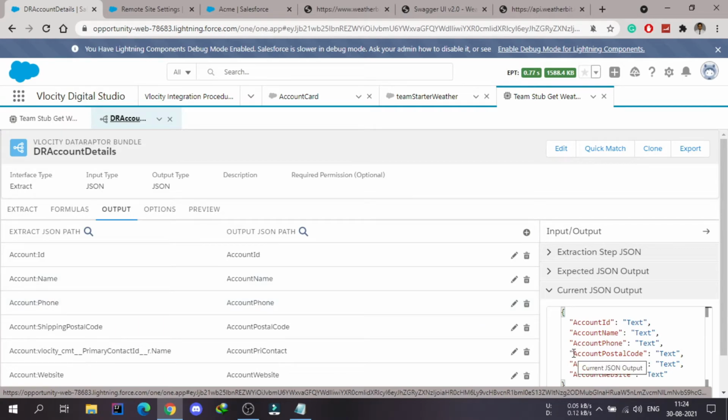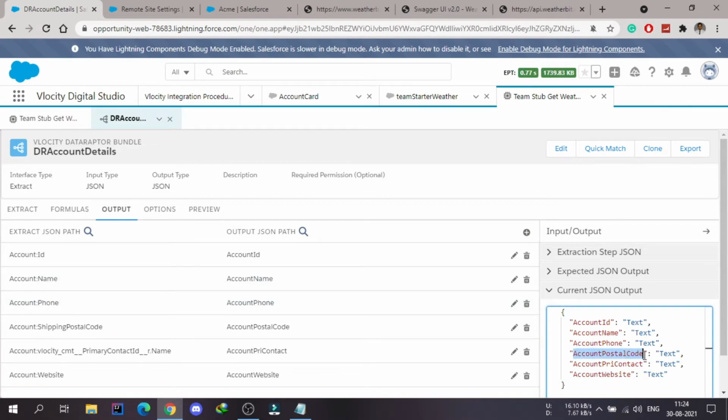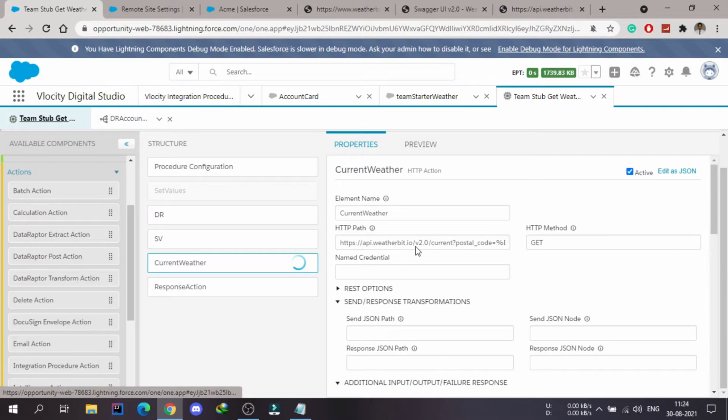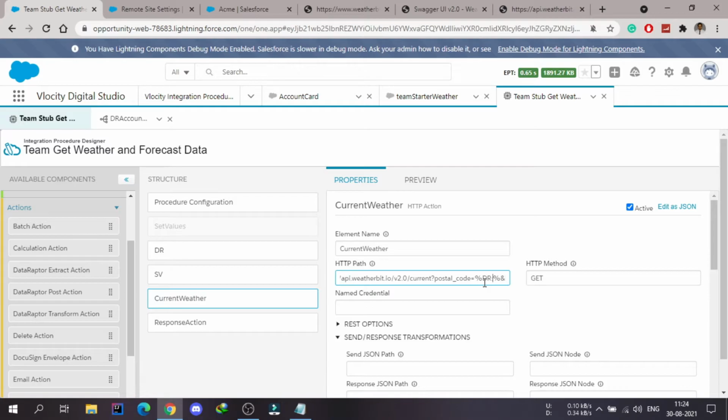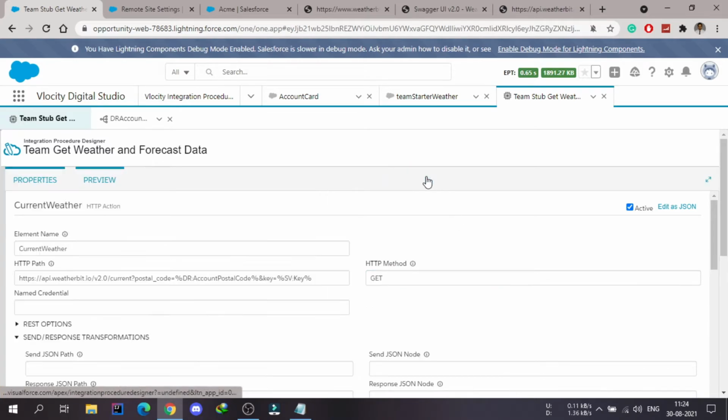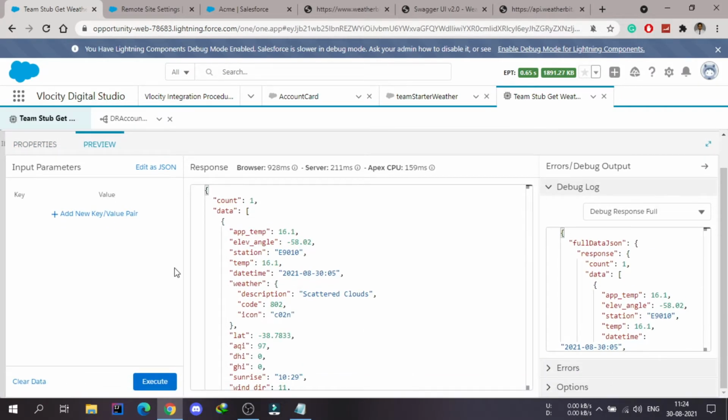So it has to be the account postal code. I will copy it from here and use the same thing there. Here we have to provide this after the colon, so I will paste it here. So let's preview it again whether it is working or not. I'm not providing that account ID. Let me check whether it is working or not.